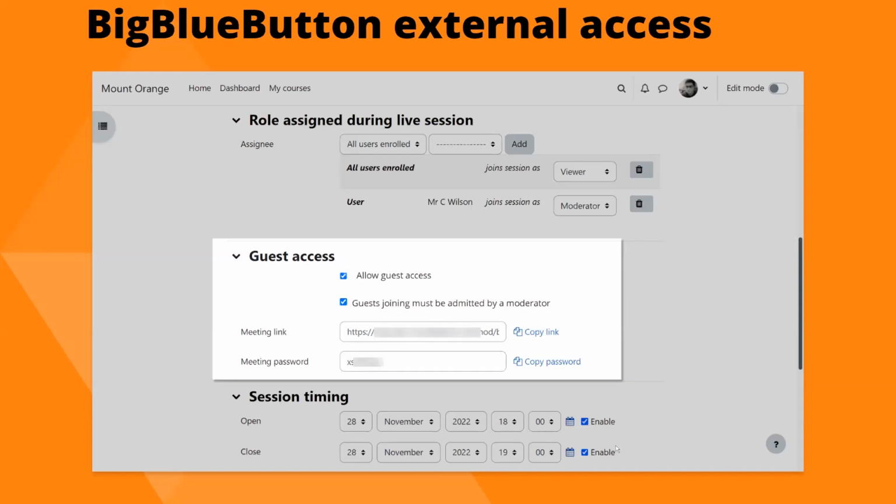I do believe that if your Moodle site is forced login, so if you can only get in by logging in, if it doesn't have a free front page guest access, then I don't think you can use this. But for many people, this is going to be really helpful if you want to invite people in to give a talk or a presentation. Right, Big Blue Button. Moving on.